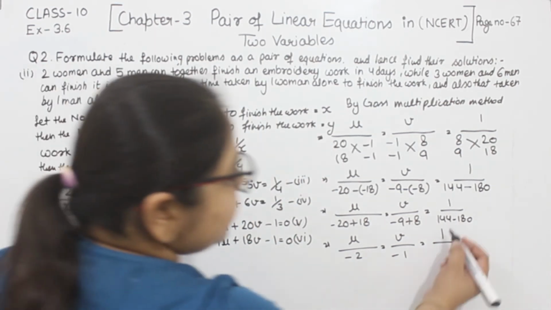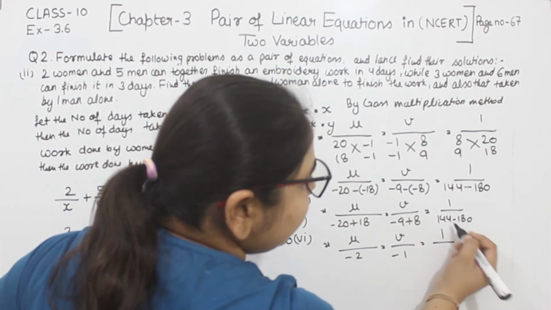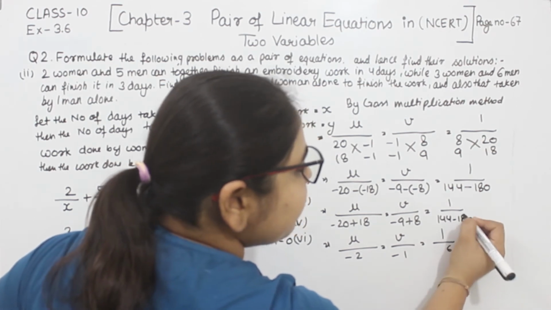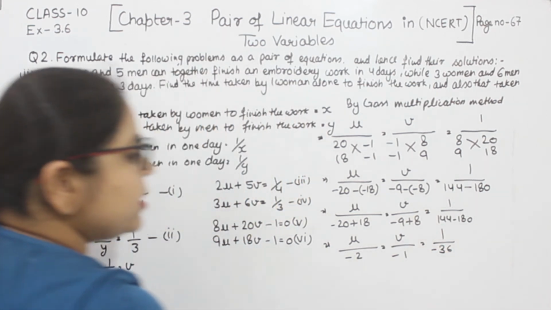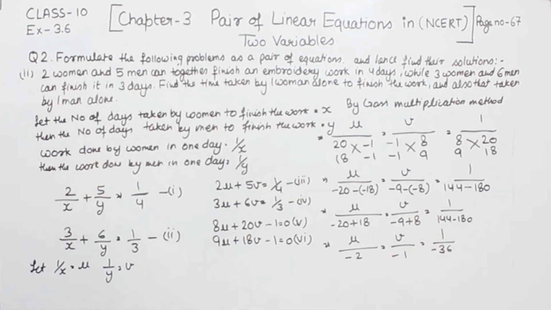So we are going to subtract this one. We are going to take the carry here. We have 10. 10 minus 4 we are having 6. Here we are having 7. 7 minus 4 we are having as equal to 3. So this one we are having is the minus 36. Now we have to find the value of u and v here.